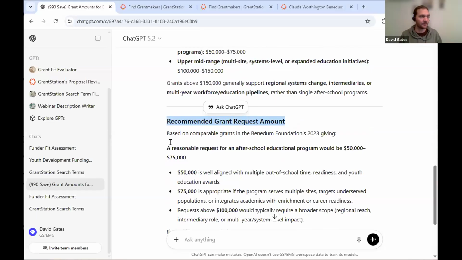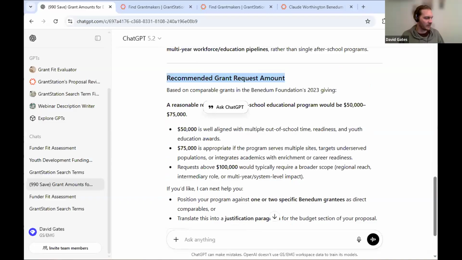Any thoughts with this one, Alice? No, I mean, that's really helpful, right? To know how much you should be asking for, what sounds like a reasonable fit, all those sorts of things. That all is very helpful information to helping you decide if this is a good fit for you. Yep, absolutely. Okay, so let's go back now to the slides